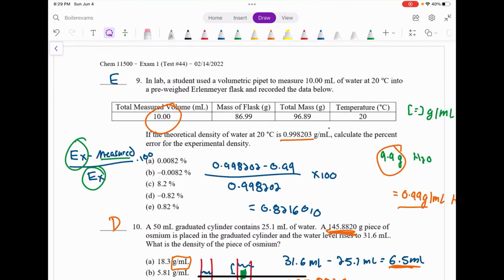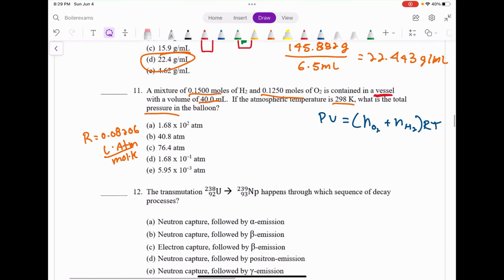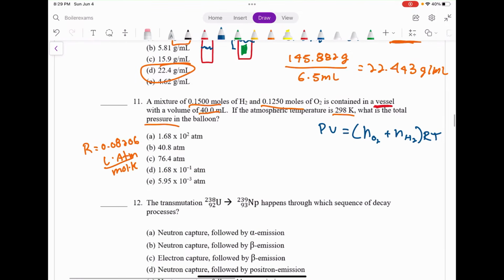Okay. Oh, shoot. All right, let's calculate pressure. So let me solve for pressure first. Also, okay, let's start plugging stuff in. P equals number of moles of O2, 0.1250, plus moles of hydrogen gas, 0.15, times R,